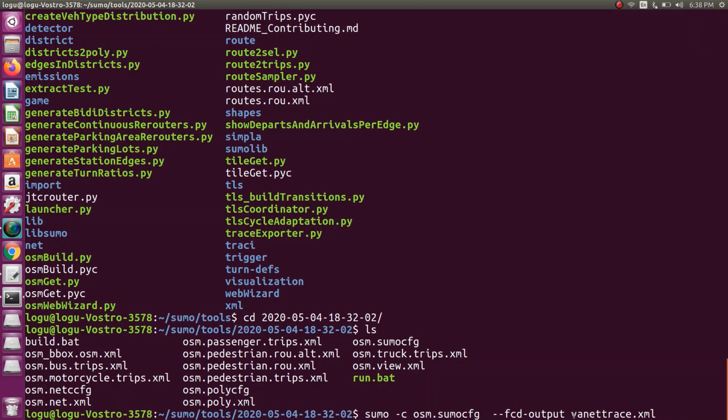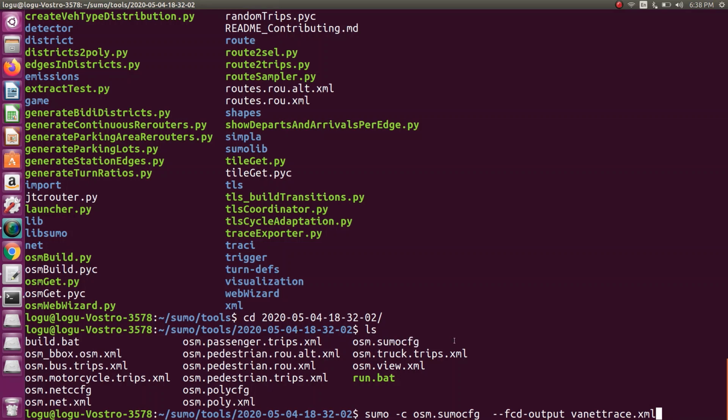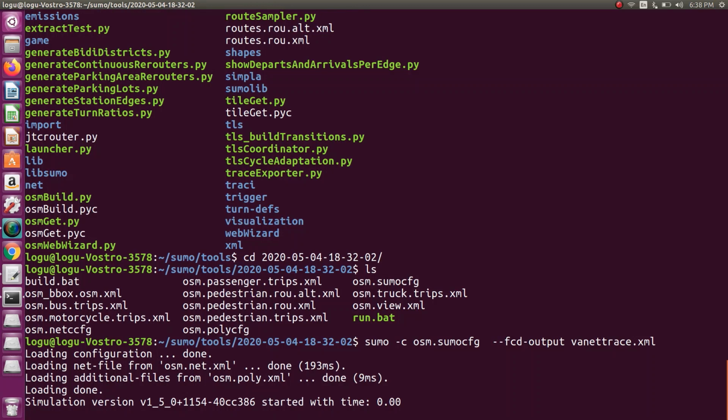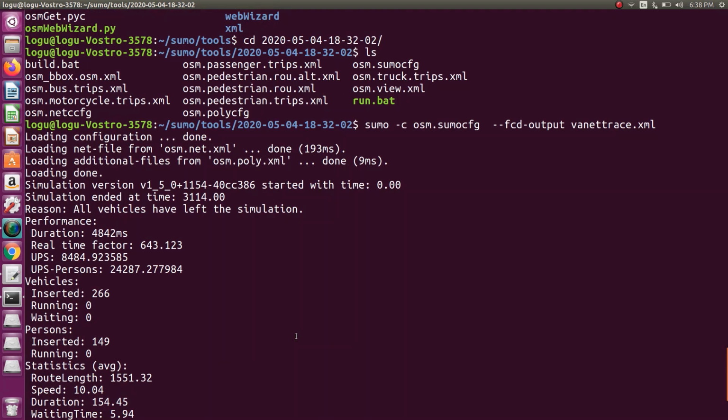So I am going to name it as VANET trace.xml. Okay, I want to generate that file by using this sumo config. Okay, so give enter. So now that VANET trace.xml file will be generated.